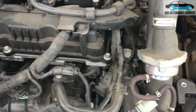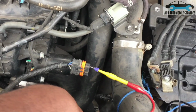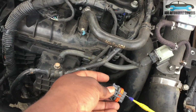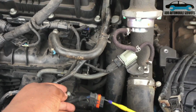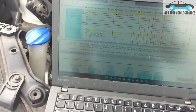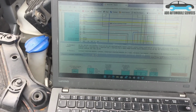So you can even swap the two map sensors. The only difference is this map sensor does not have temperature in it. The other one has the temperature sensor in it, but the socket does not have the temperature wire in it. So it's ground, power, and the map signal, which is going to the control unit. So I checked my Identifix, and sorry for the glare, that's why I like to record most of my videos